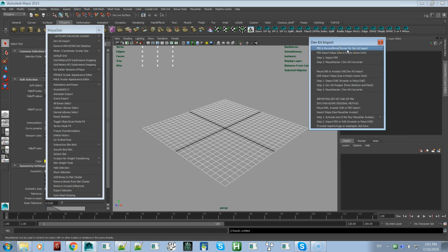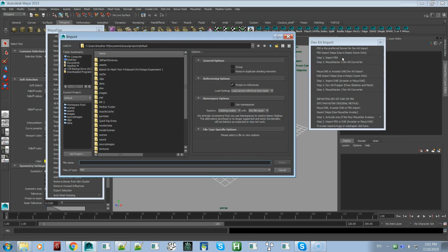Okay. So, you definitely want to click on these steps. Don't click on File, Import, because this actually prepares the scene. When you click on this, you see that Y is up, but the dev kits we're going to be importing, Z is up. So you definitely want to click here, because this preps the scene a little bit to bring it in. So let's go to my desktop where I have an